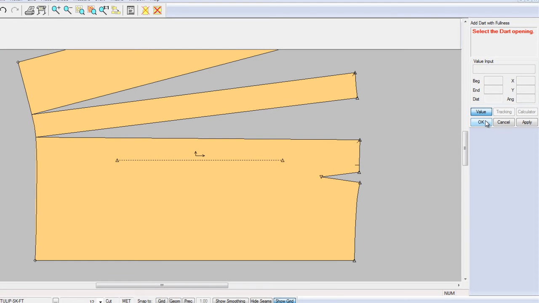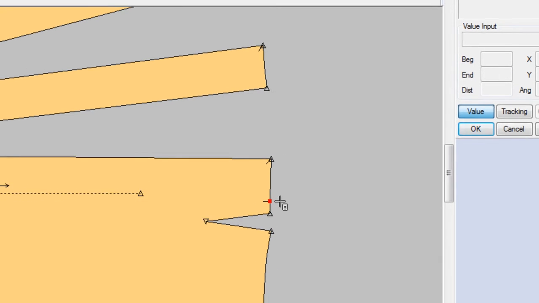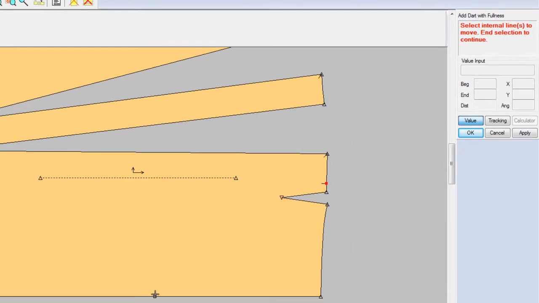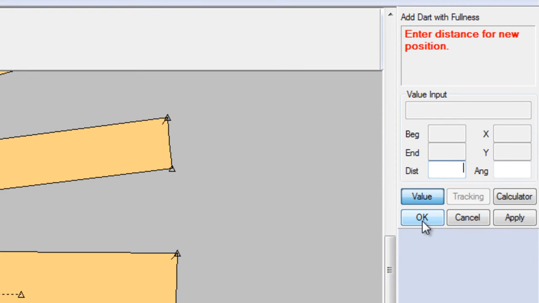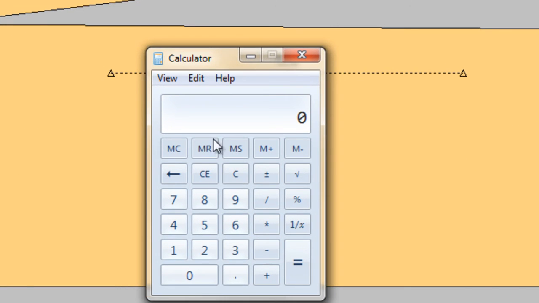So now for the last tuck, when we select the dart opening and release, select a point on the boundary line, which is on the hem. Select the center front to remain stationary. Bypass our internal line selection by clicking OK. But this time, when we enter the distance for the new position, we need to get our calculator up and